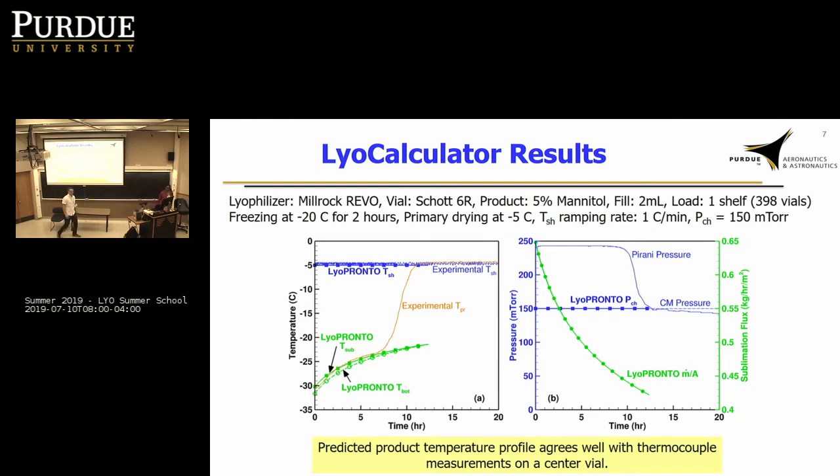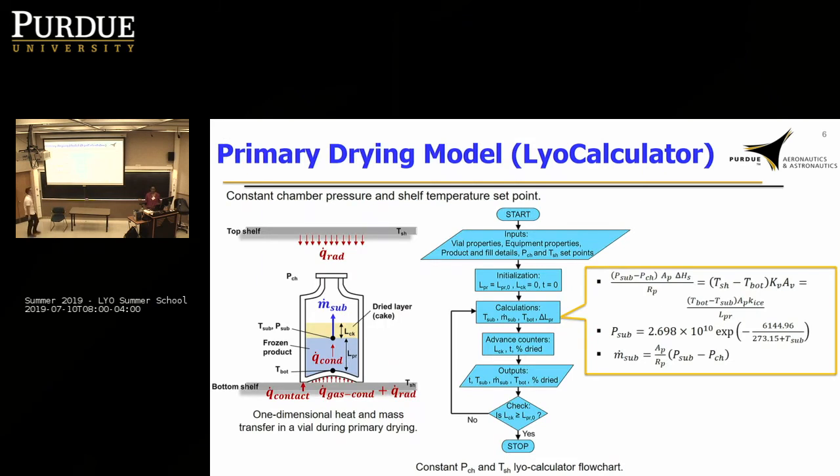I have a quick question before you go. Yes. Could you go back to the diagram? For the height of the frozen product before it starts drying, are you measuring that experimentally before it's frozen or after it's frozen? It might expand a little bit when it freezes, so that is just calculated. What you specify is the fill volume of the solution initially, and you specify the solute concentration and so on, and you know the density of the solute in the solution. Based on that, it's calculated.